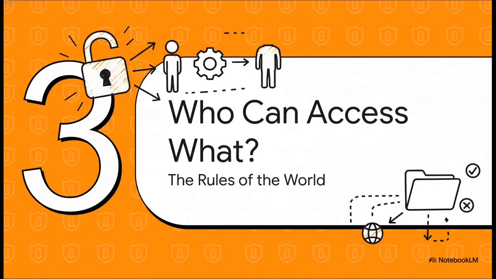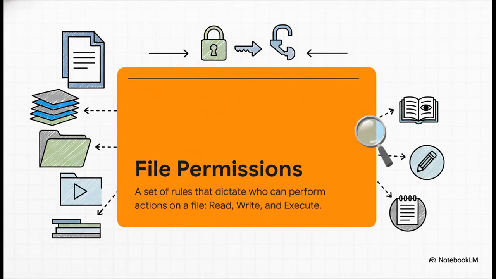Pretty cool, right? All right, so if those commands are the words, the vocabulary, then it's time to learn a little bit of the grammar. And in Linux, the grammar is all about permissions. It's a set of rules that decides who gets to do what. Every single file, every single folder in Linux has these rules attached to it, and they control 3 basic actions. Can you read it, like see what's inside? Can you write to it or change it? And can you execute it, which means run it like a program? Read, write, execute. That's the core of it.